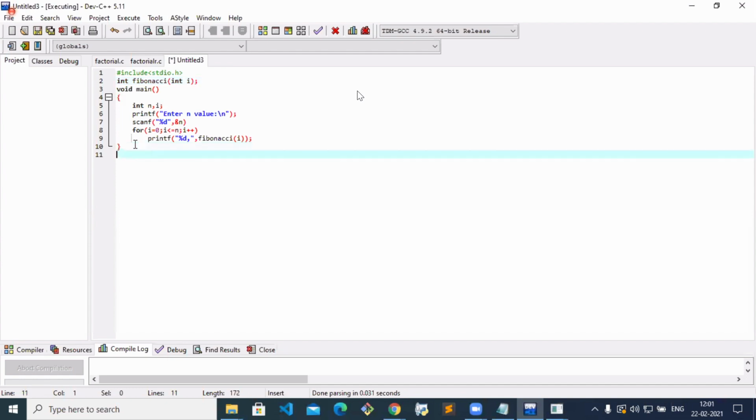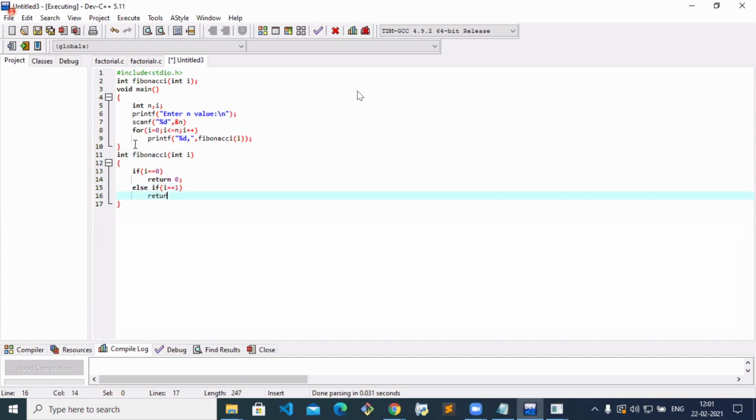Now we have to define that function. So int Fibonacci of int i. Now if i equals 0, what is your first number? Return 0. Else if i equals 1, then what will you print?